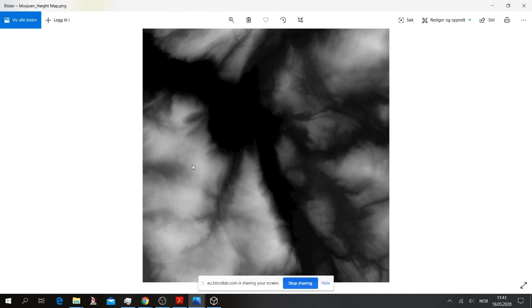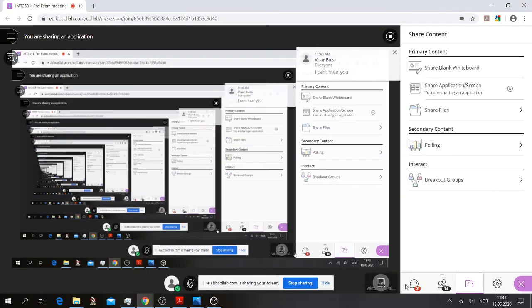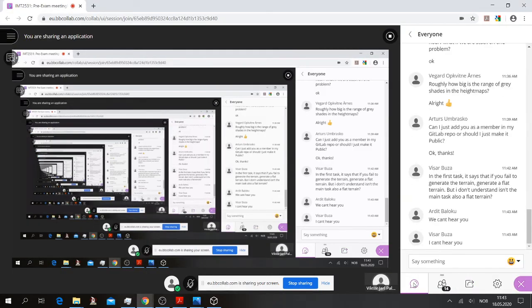And then the elevation level here is basically the Y value with respect to the OpenGL coordinate system. Oh, sorry. Yeah, I turned my microphone off. Okay, I'll explain again.